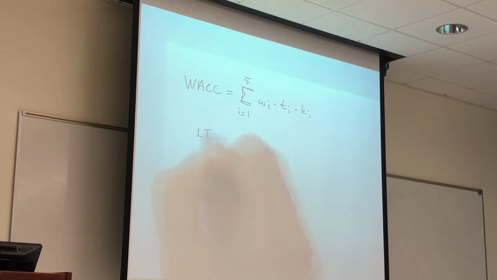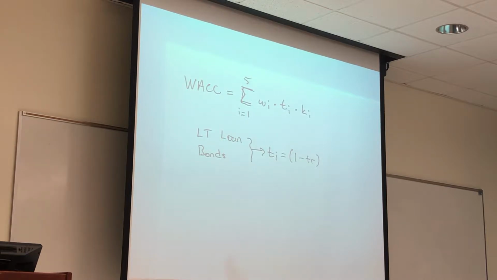One is long-term loan, right? For long-term loan and bonds, the tax rate applies to these. So when we see long-term loan and bonds, we're going to use the tax rate. But on the others, preferred stock, common stock, and retained earnings, there won't be any tax. So you can say T_i will be 1 for them. And for these, T_i will be equal to 1 minus the tax rate.